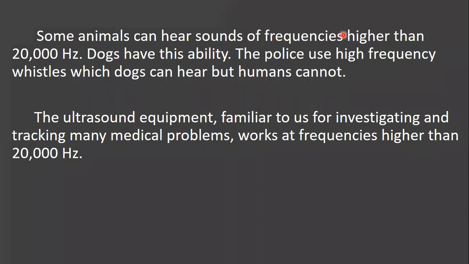Till now, we studied about the amplitude, time period, frequency of vibration, and also audible and inaudible sounds. You remember that when the amplitude of the vibration is large, the sound produced will be loud, and when the amplitude is small, the sound produced will be less. And if the frequency of the vibration is higher, then we say that the sound is of a higher pitch, and if the frequency of vibration is lower, we say that the sound has a lower pitch.